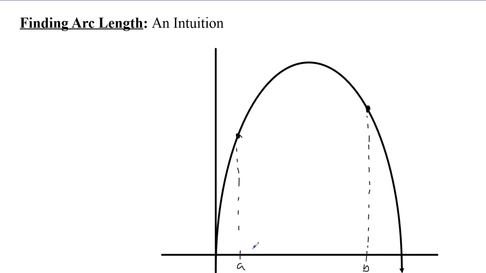If I divide this into a bunch of even divisions, and we call all of those of length delta x,